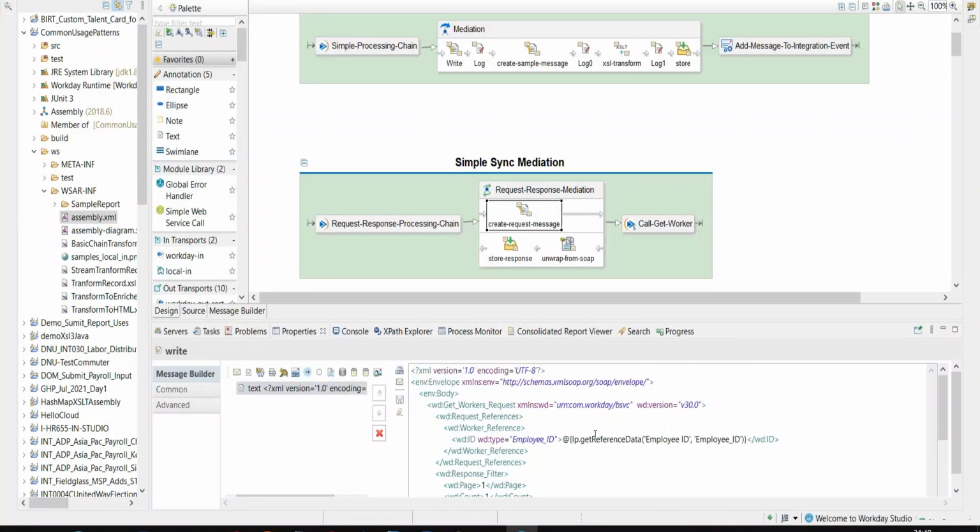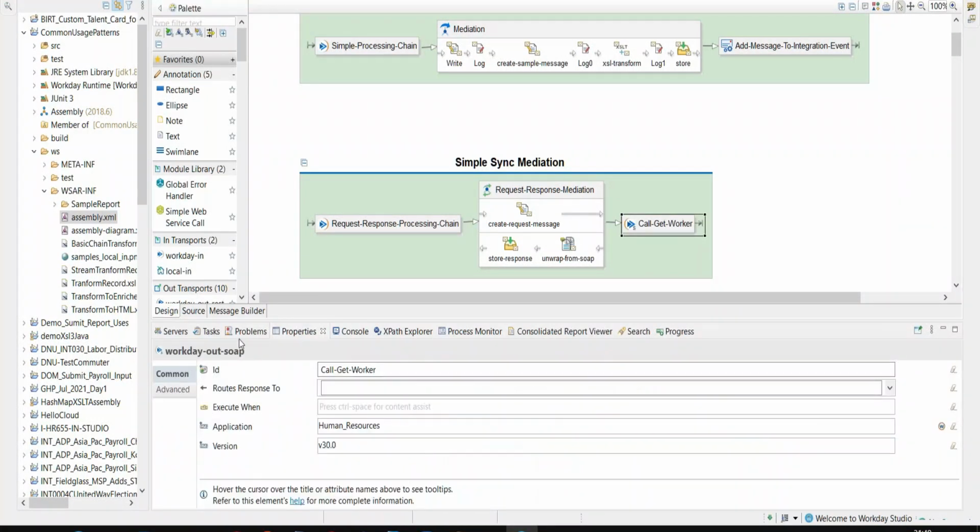In write message, we are sending a request here, which is the get workers request. This is the way we call a Workday web service. We first prepare a web service here, dynamically pass on the parameters, and use this Workday out soap component, which